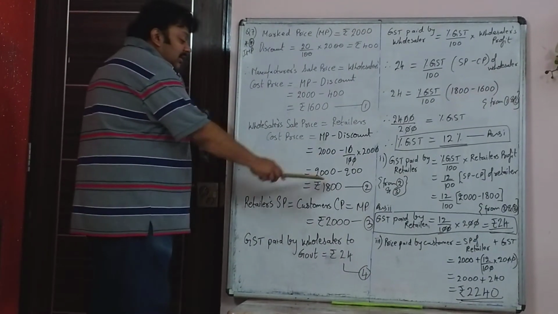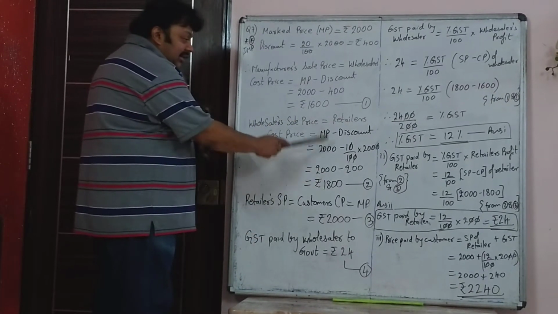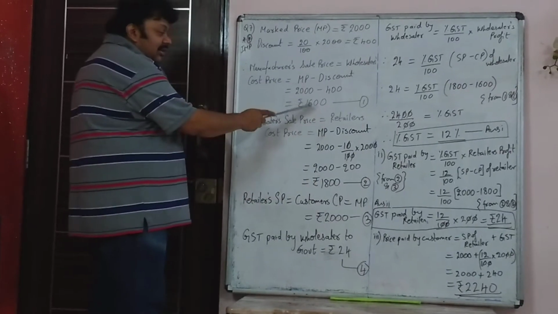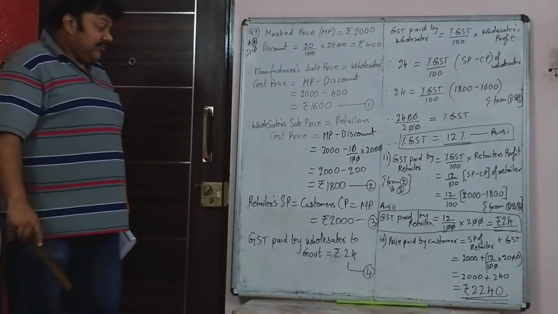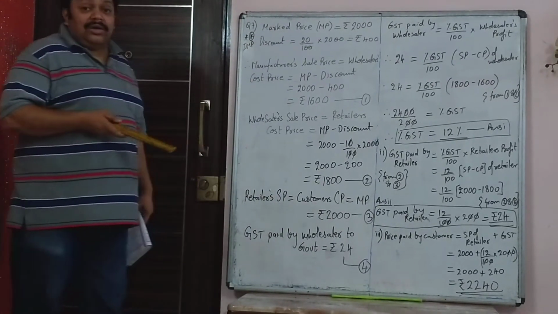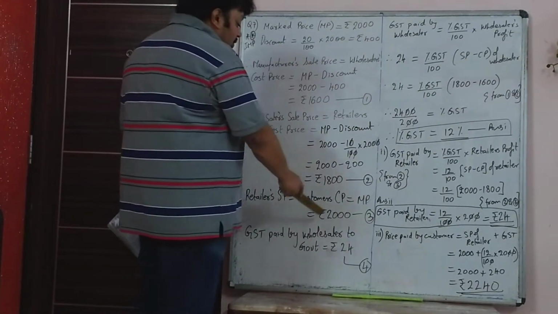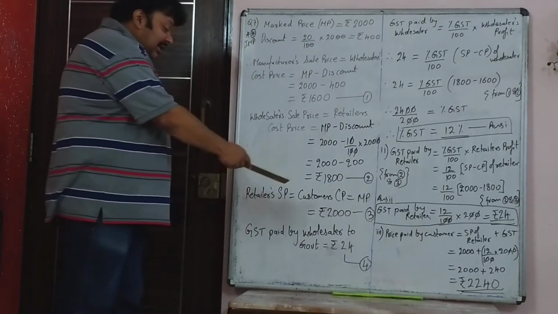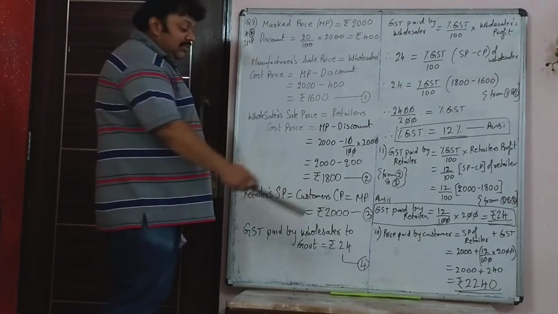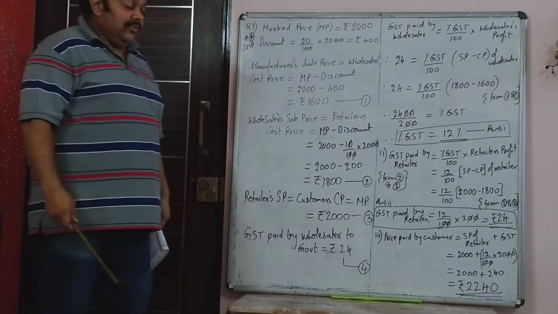So he is selling it, the wholesaler's sale price and the retailer's cost price are the same, that will be rupees 1800. So you know the retailer's cost price and the wholesaler's sale price. So the wholesaler made a profit of 200 rupees. This is his SP minus this CP. So now the retailer is selling it to a customer at the mark price. That means he is selling it at 2000. So the retailer's profit would be this SP minus CP, that is 2000 minus 1800, or 200 rupees.